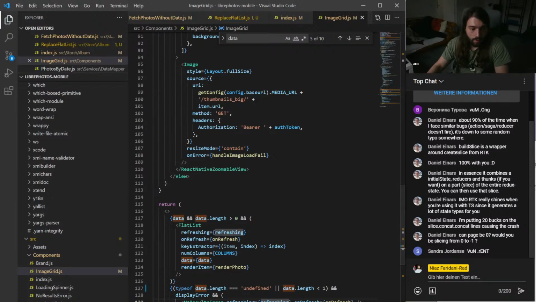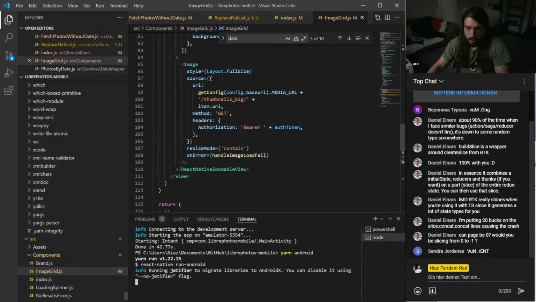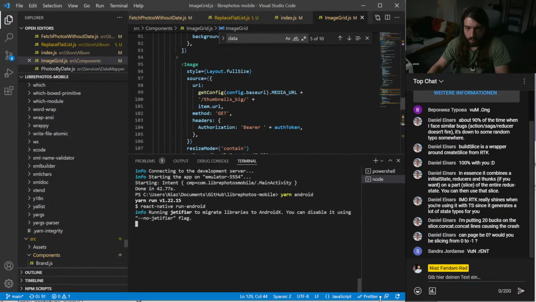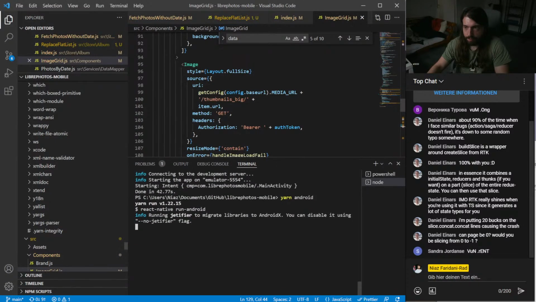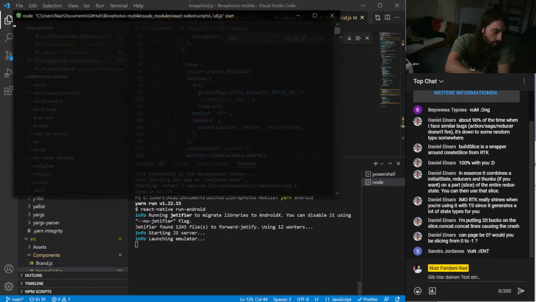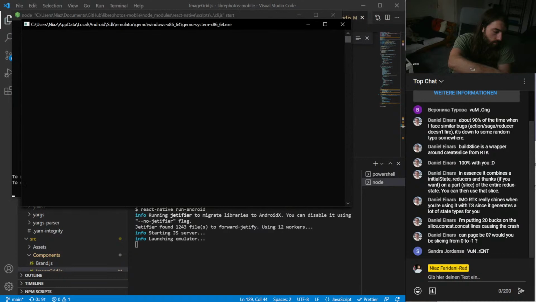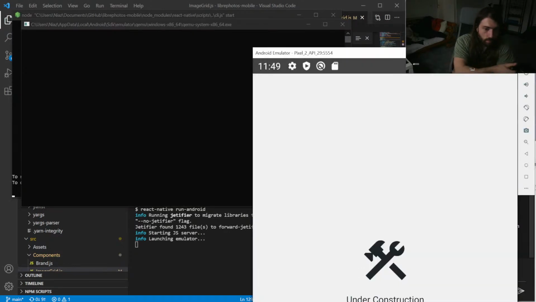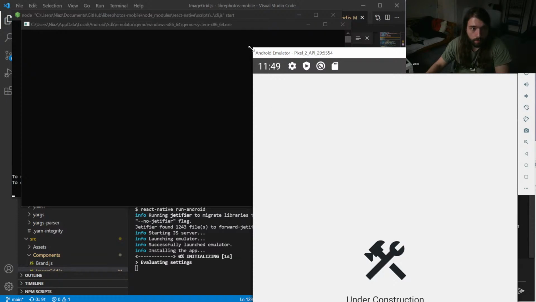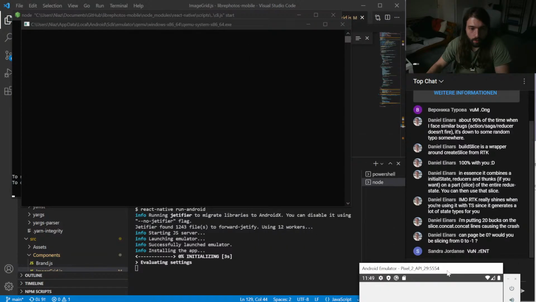Let's start that again. Oh, I somehow made my window too large. Sorry about that. Very, very large Android emulator. So let's make it smaller.